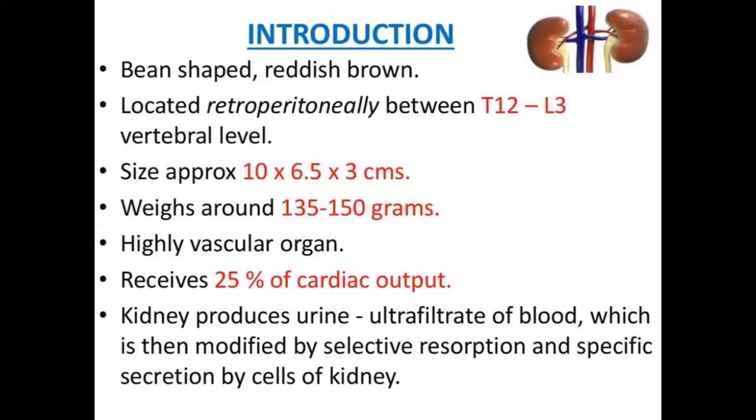These kidneys are very highly vascular organs. They even receive more blood flow compared to the brain, and physiologically they receive 25% of the cardiac output. As for the multiple functions performed by the kidney, the primary function of each kidney is to form the urine. Other than that, they also help in balancing the acid base, help in balancing the blood volume, release erythropoietin, and help in activating vitamin D3. So they play a variety of roles.